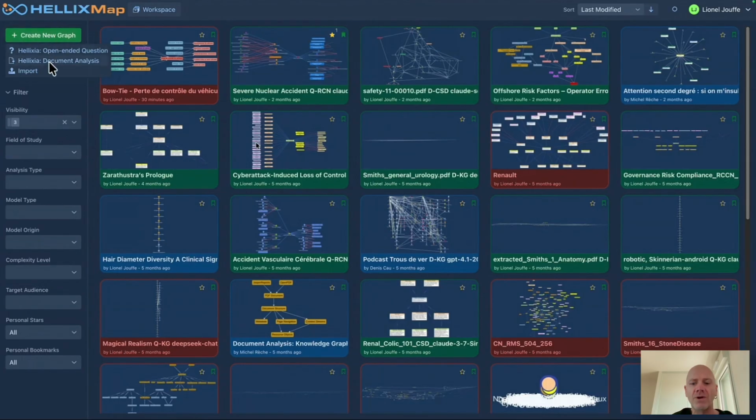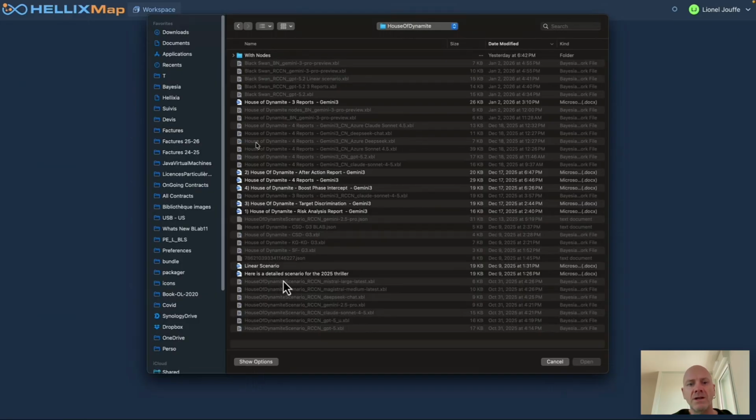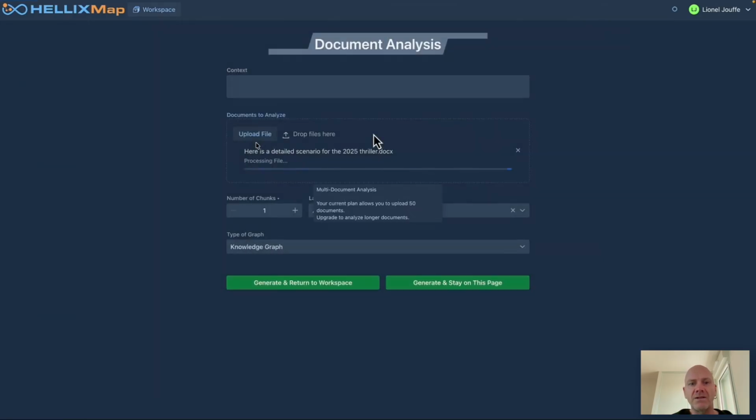So I'm going to create a new graph. When you do that, you have three ways to create new graphs. Either you have an open-ended question, or you can also associate a document. And the last one is to import an XBL file, so a Bayesian network, right? But let's suppose that here I'm going to use a scenario. So it's a document analysis. I just have to upload the file here, choosing the file on my computer. And then